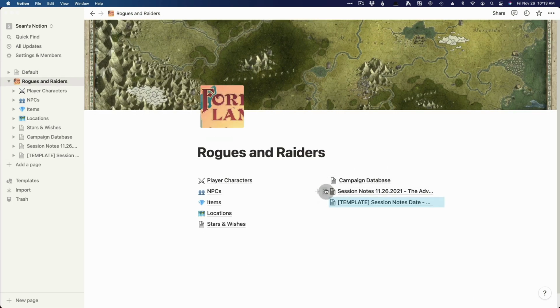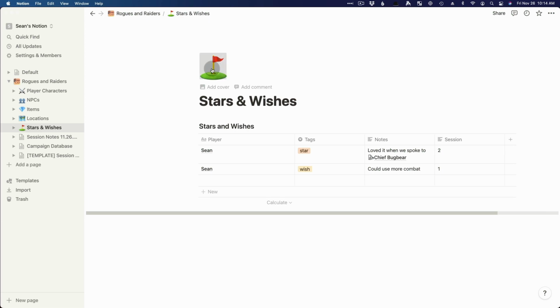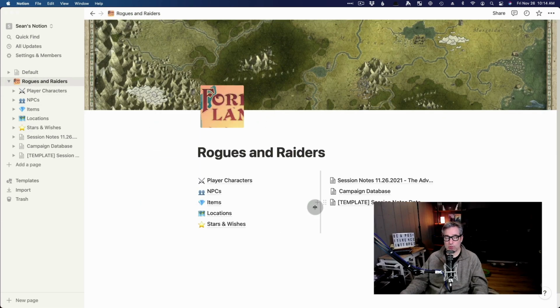So now I have my campaign database. I usually keep that at the bottom along with any templates. But I have on the right-hand side kind of, I would say, ongoing notes, maybe not overly needed. And then on the left-hand side, player characters, NPCs, items, locations, as well as stars and wishes. As a matter of fact, stars and wishes, got to have a star. So now you're starting to see the power of Notion as you start using the @ symbol to reference elements